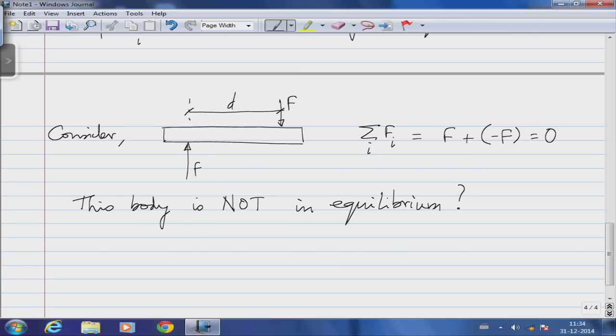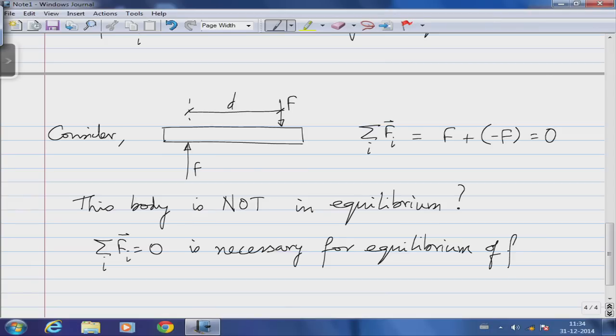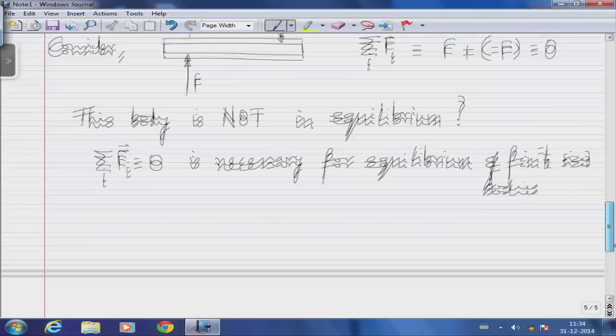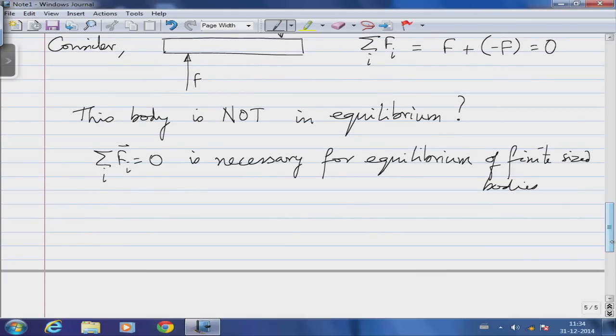Which also means that while Σ F_i equal to 0 is necessary for equilibrium of finite sized bodies, it is not sufficient. What is sufficient is,